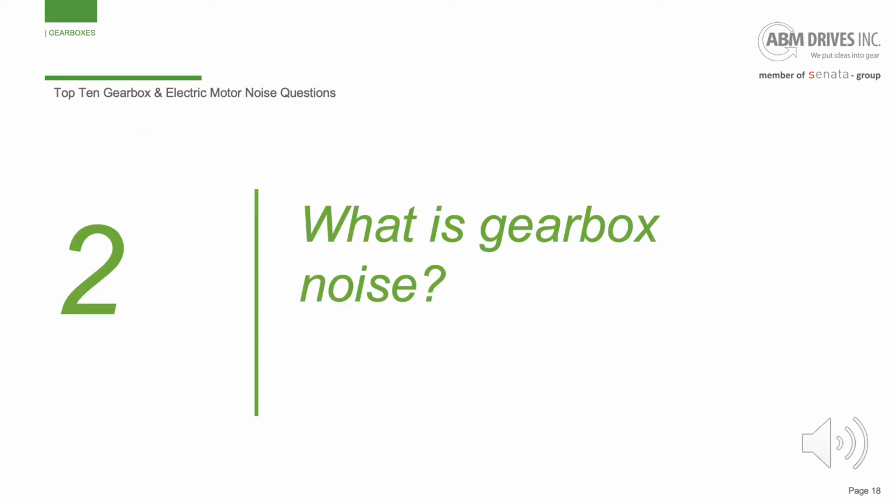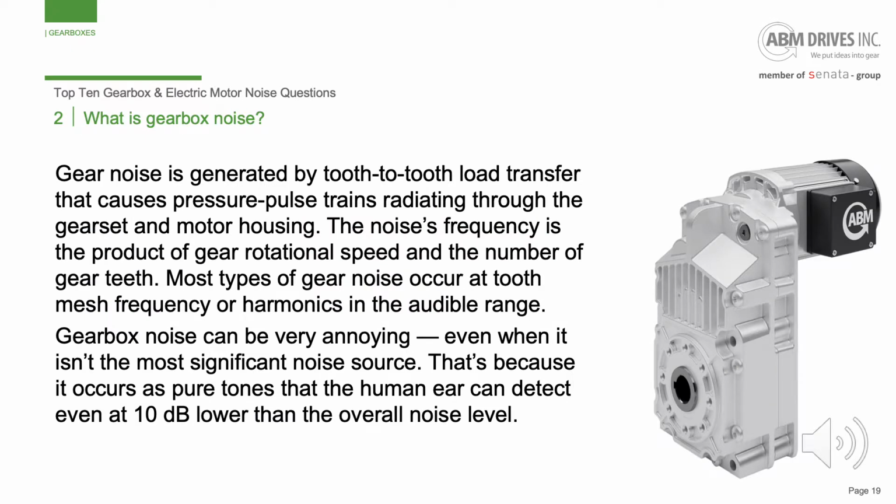Number 2, what is gearbox noise? Gear noise is generated by tooth-to-tooth load transfer that causes pressure pulse trains radiating through the gear set and motor housing. The noise's frequency is the product of gear rotational speed and the number of gear teeth. Most types of gear noise occur at tooth mesh frequency or harmonics in the audible range. Gearbox noise can be very annoying, even when it isn't the most significant noise source. That's because it occurs as pure tones that the human ear can detect even at 10 dB lower than the